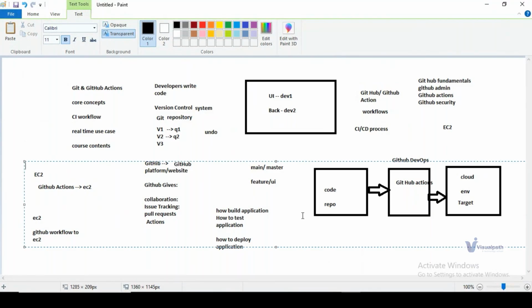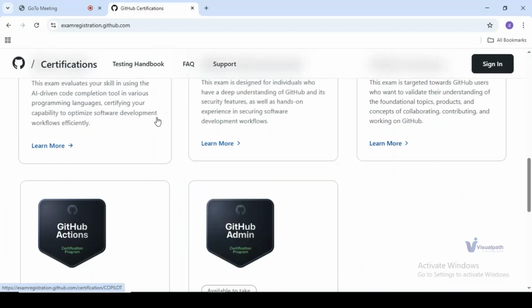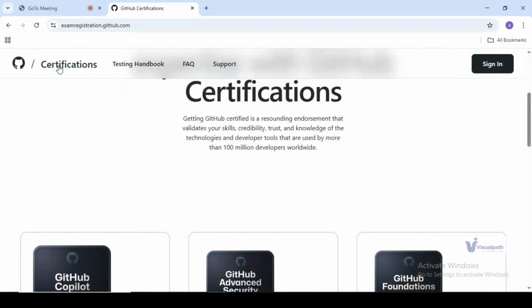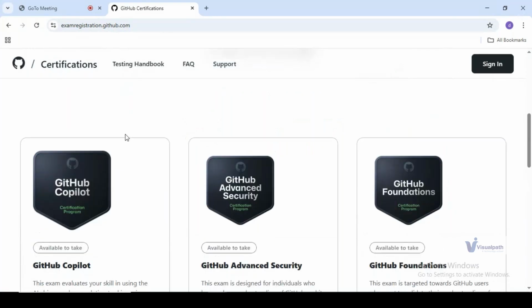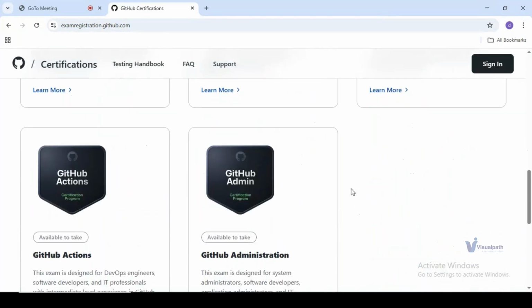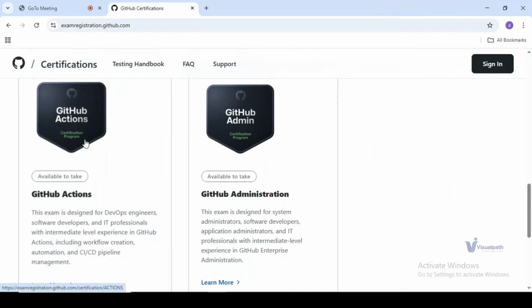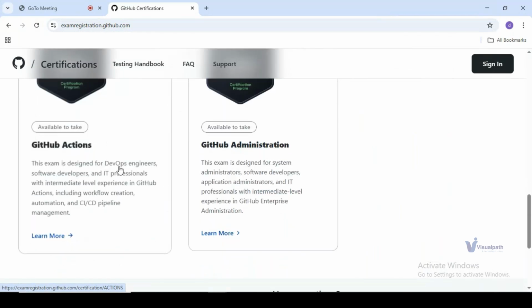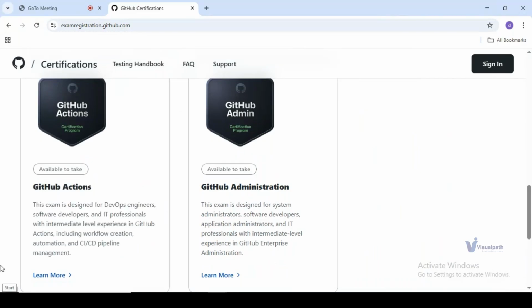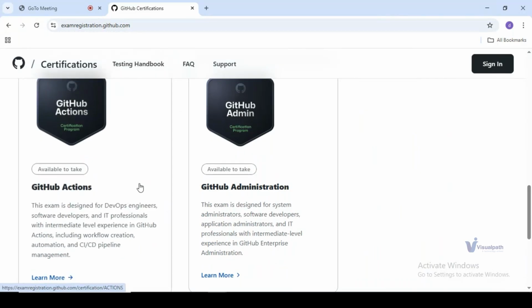Okay. So if you see, these are the GitHub certifications, you can call it. This is the certification page. This is where you can see the fundamentals certification and then the GitHub Actions certification. This exam is designed for DevOps engineers. As I told you, we don't have a separate DevOps certification name, but GitHub Actions itself is called